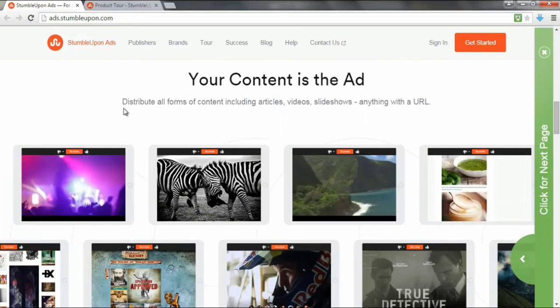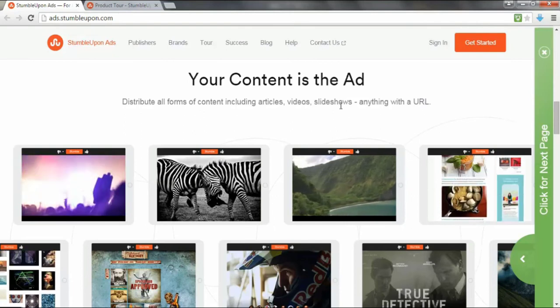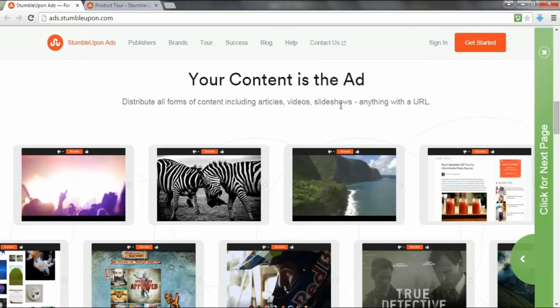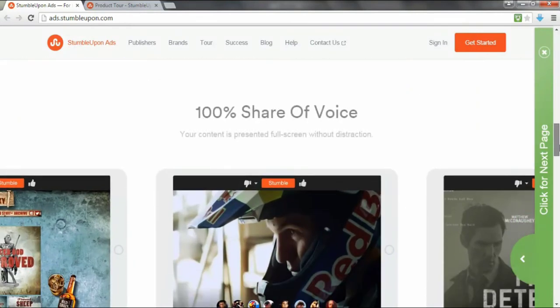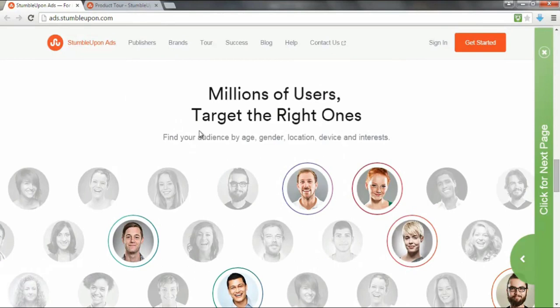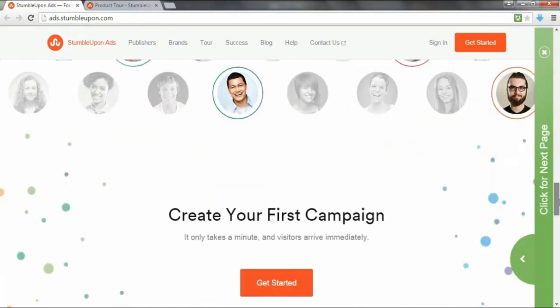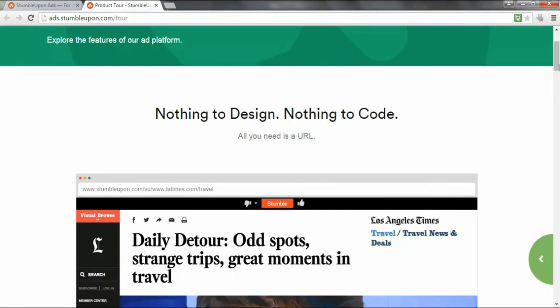So as you can see, you can distribute your content, which is articles, videos, slideshows, whatever you want, as an advertisement. So here are some examples. There are millions of users, so you can target the specific users that you want. So it's really simple. And here I'm going to give you the tour quickly.